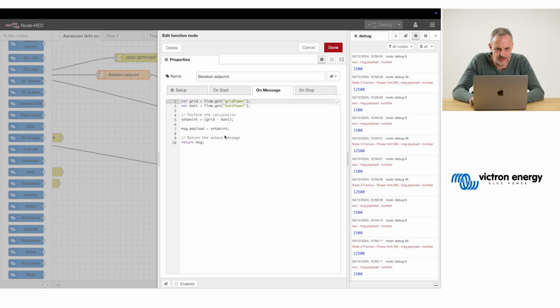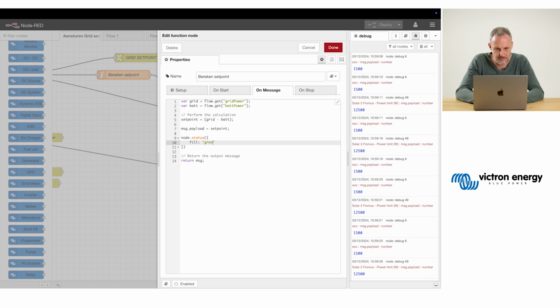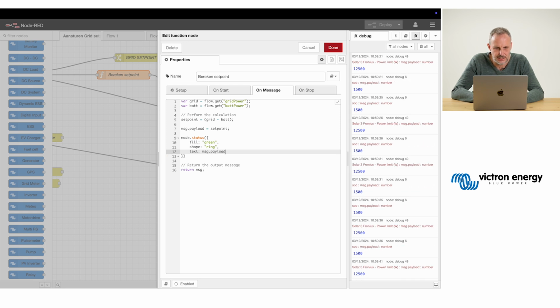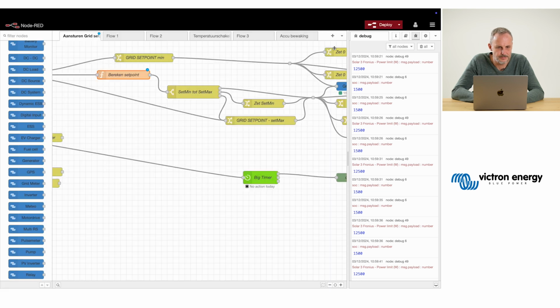What I would personally do is add a node status here, which helps you to debug a bit. Well, let's make it green, and shape can be either ring or dot, and then the text will be the message payload. So if we add this and deploy,